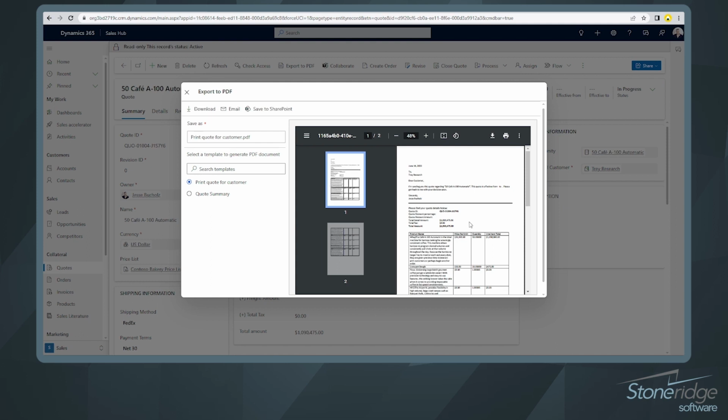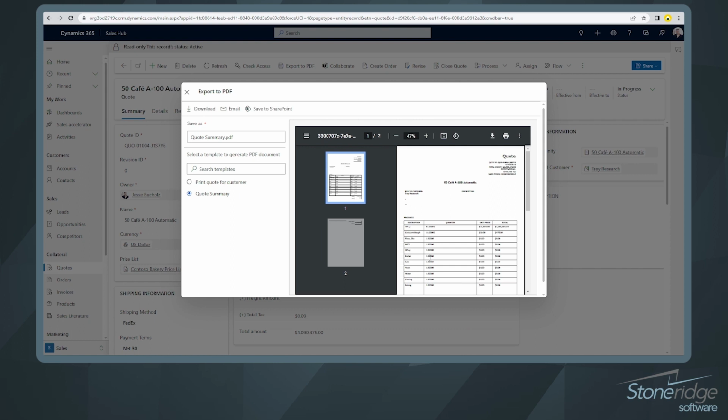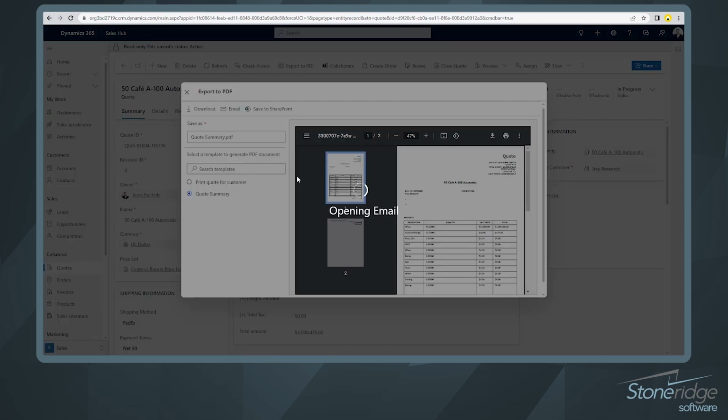So here you can see one format. If I jump into another one, you can see the layout is a little bit different, but you might have an icon or a logo that you want to add, different language that you want to add. And you could have multiple quotes. So you might have 10, 15, or 20 different quote type templates to choose from. So we can go ahead and we can map those in. I could download this as a PDF. I can email this directly to a customer or even internally, or I can push this to SharePoint and save it out. If I want to email it and I click email,